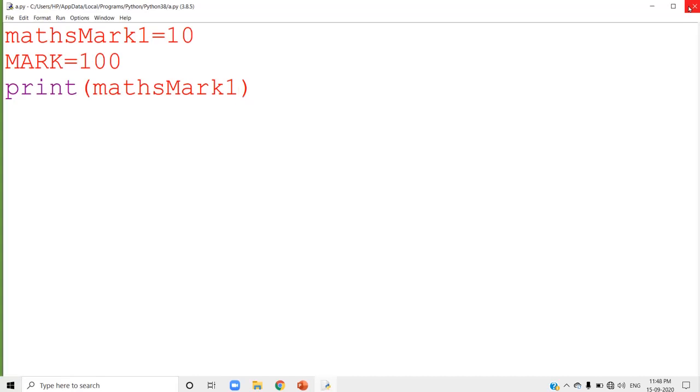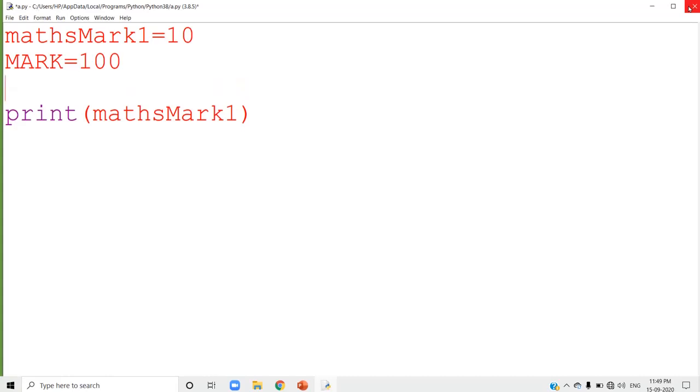Now the next thing we studied is that a variable name should not be a keyword in Python. So I am going to use a variable name like this, print. Print is a keyword which we already studied: when you use a print statement, the content will be displayed on the screen. I am going to use print as a variable name, print equal to 78, and try to display that print value. So I am going to print print itself. See that the first print is the keyword print and the second print is the variable name.